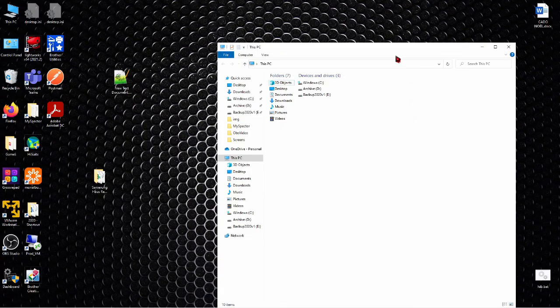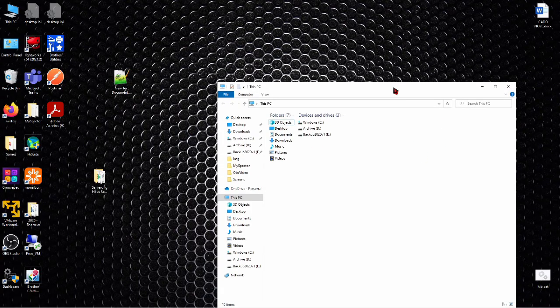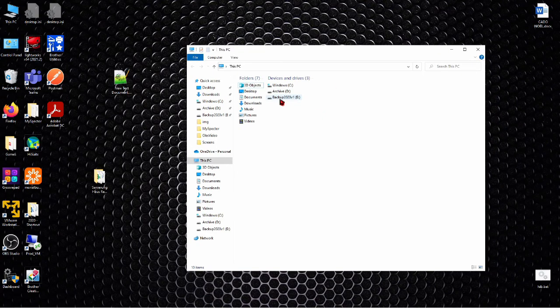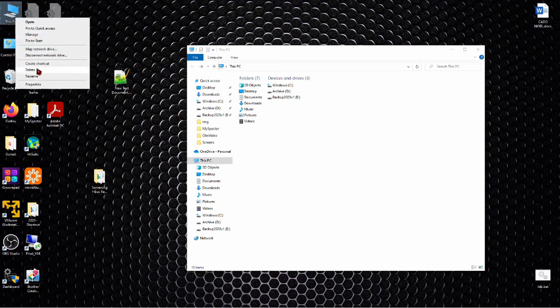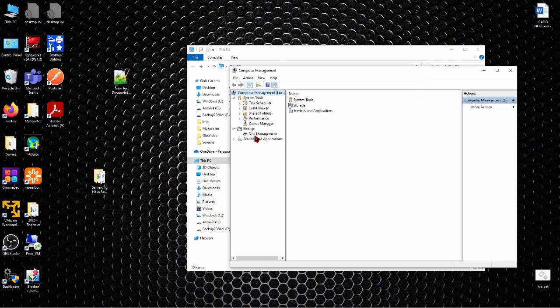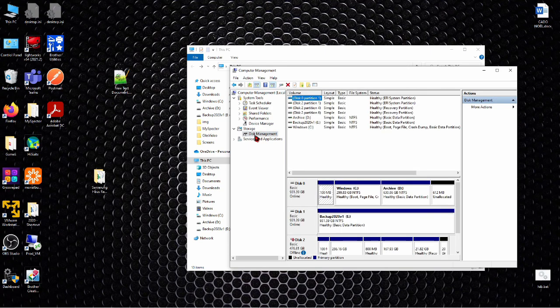So I have restarted my computer, and I have plugged in the SATA drive, so we see it. And I want to recover my files which were on the D drive, because I have formatted this partition. To do so, I have connected my NVMe drive with USB-C, but I do not see it there. Why do I not see it there? If I go to Manage, Disk Utility, I want to see if it recognizes my drive.